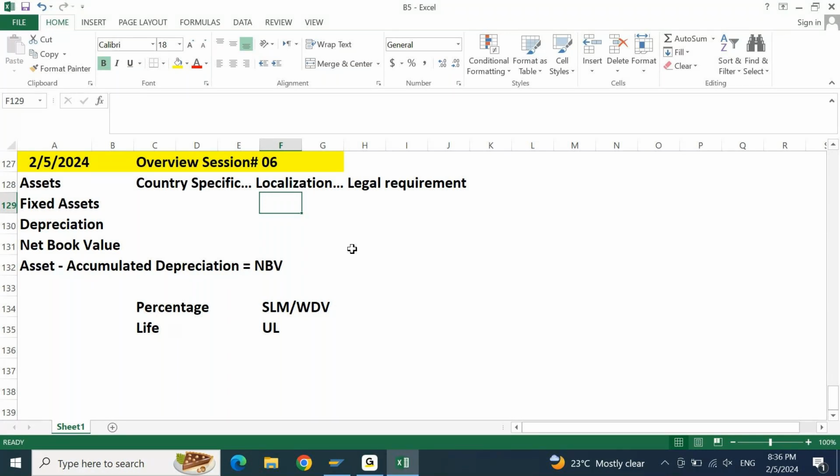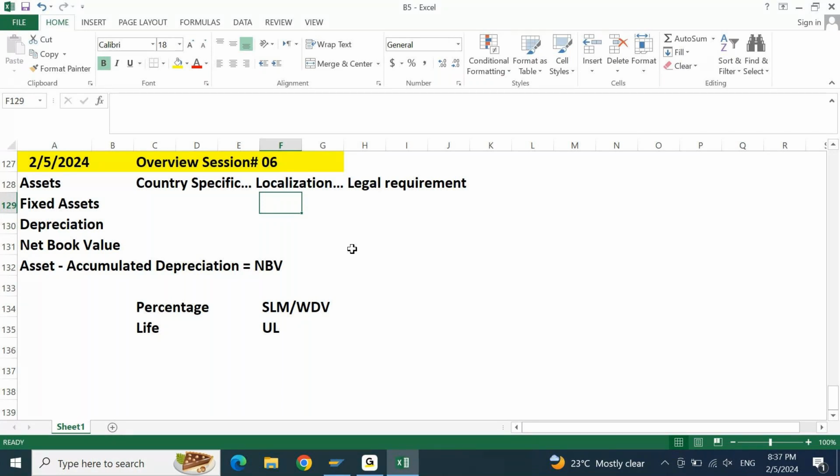In order to start a business, you need some minimum fixed assets, like a computer. Computer is an asset. You need some kind of AC. AC is an asset. If you are purchasing a new building, the building will become an asset. Whatever other things you are purchasing, a printer, chair, sofa set, all these are represented as your fixed assets, because all of these will have a life of more than 1 year. Any asset which gives you benefit for more than 1 year, we typically represent as a fixed asset.